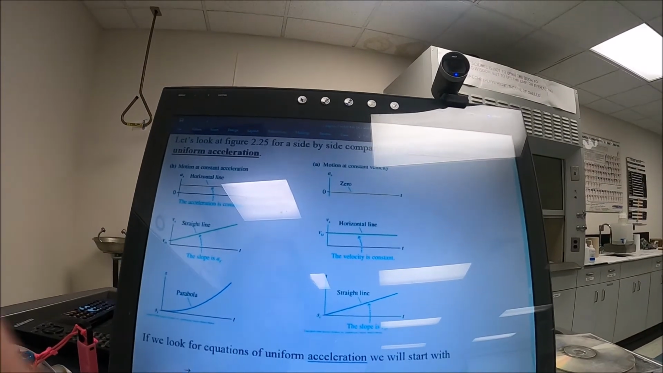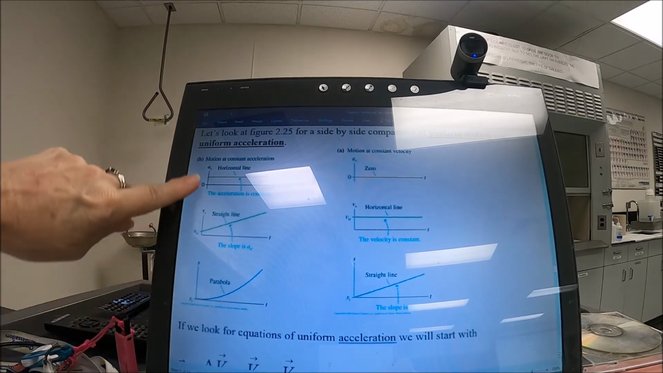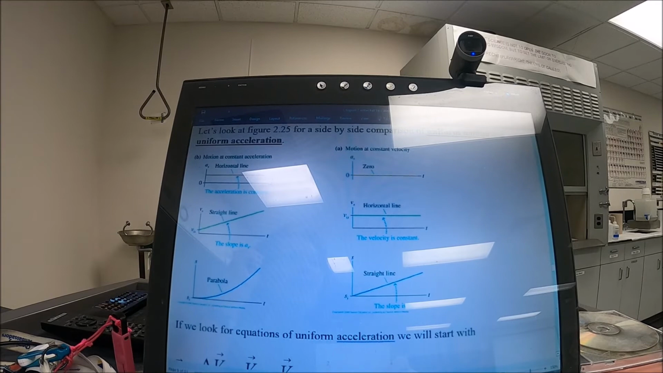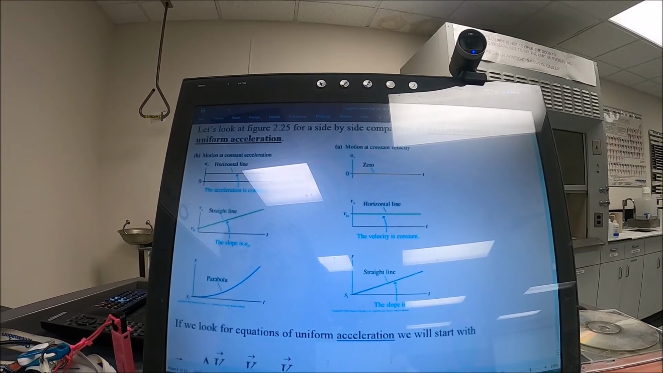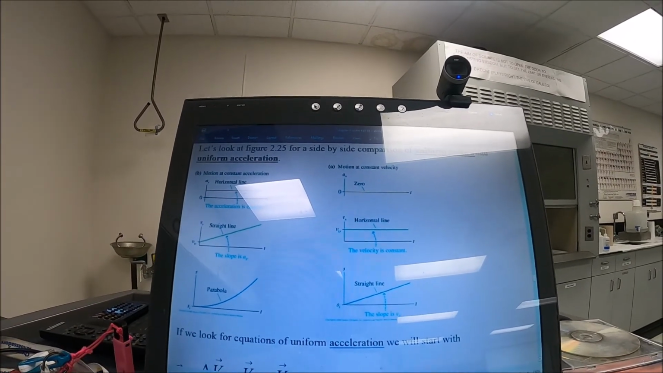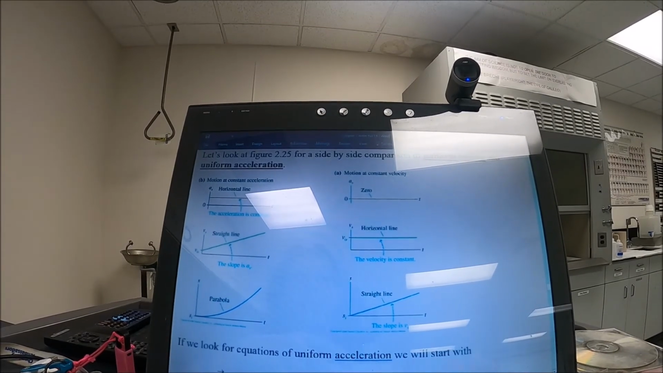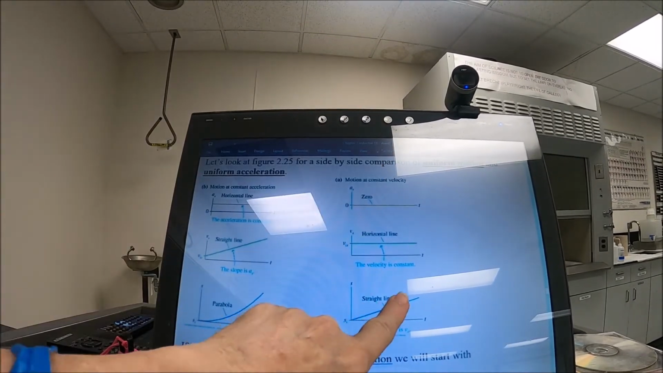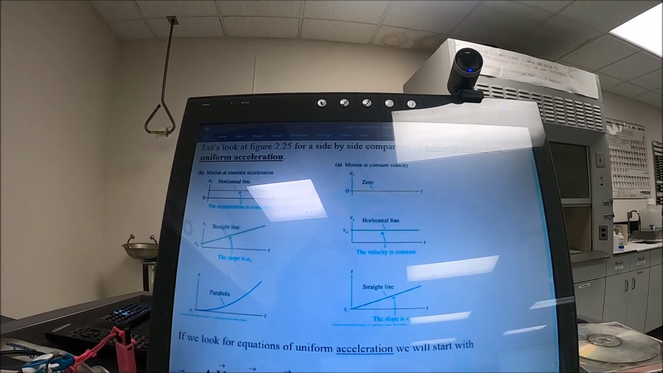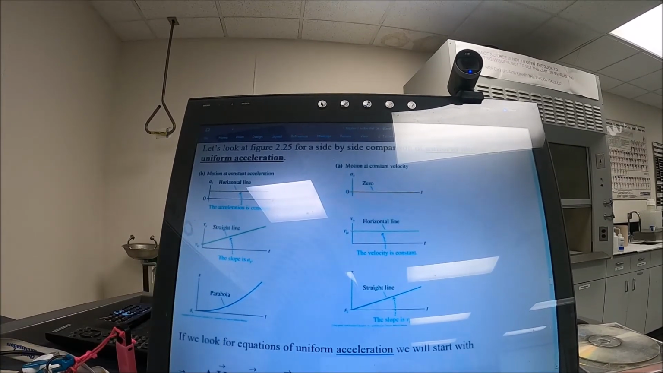All right. Now, if I look at this set of graphs, here I have uniform motion, which means that acceleration is 0 and velocity is constant. So if we look at uniform motion, the position as a function of time graph is a straight line. The velocity versus time graph is a horizontal straight line, and